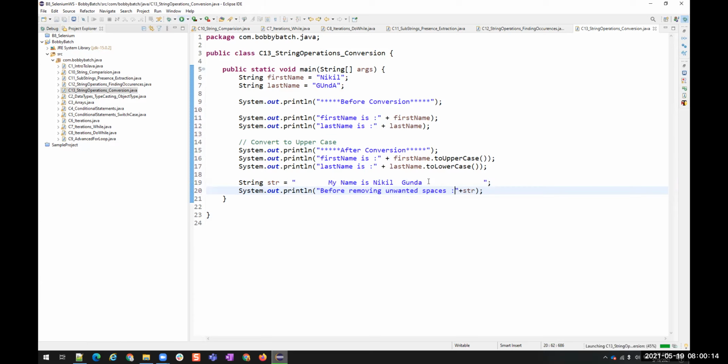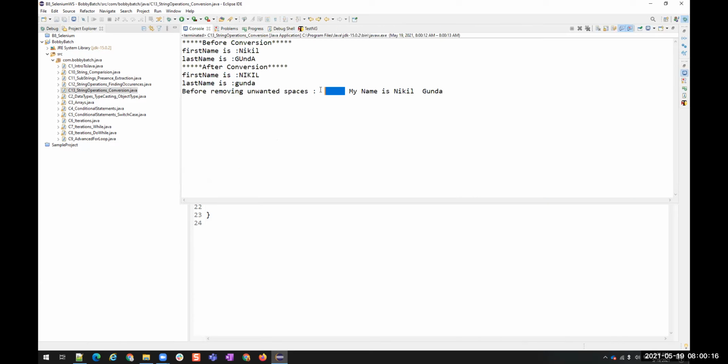It is going to have spaces in the beginning and ending as well. You see, there is a space, and here also you will be able to select. Here I won't be able to select, but here there are spaces, so that is why I will be able to select it.